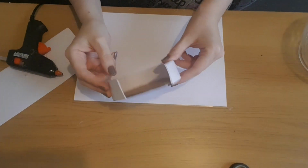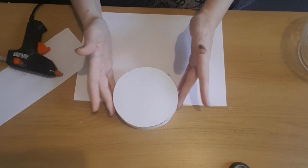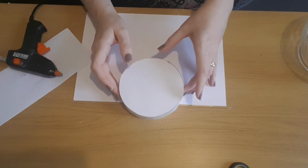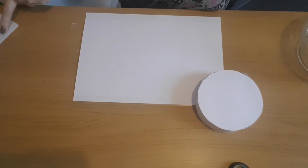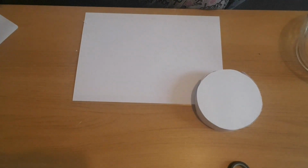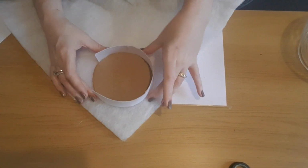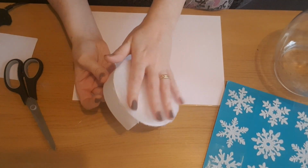So it's dry and I'm happy with it, and that's the gap, so I can hide the battery pack and we can get on to the next step. So I'm just going to pop, oh actually no, I'm going to do the snow first. And all I'm going to do is take the snow blanket from Poundland, and I'm just going to glue the circle, the white side, to the snow blanket and then cut it out once that's done. So I've covered it with fake snow,